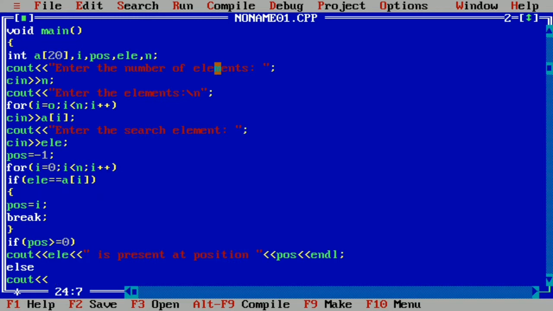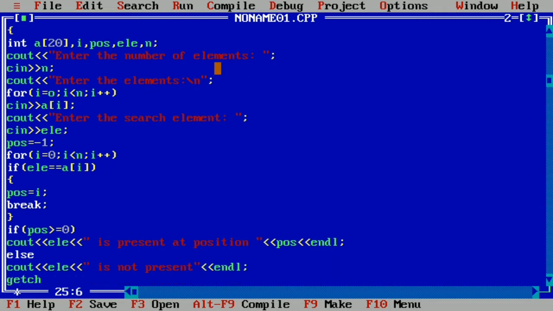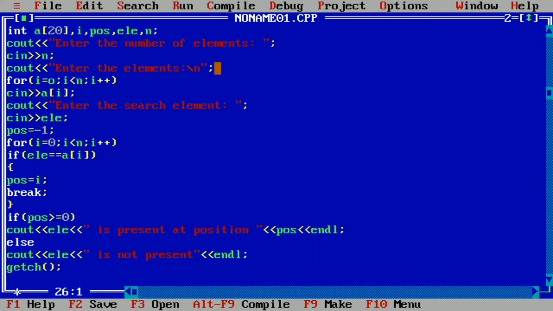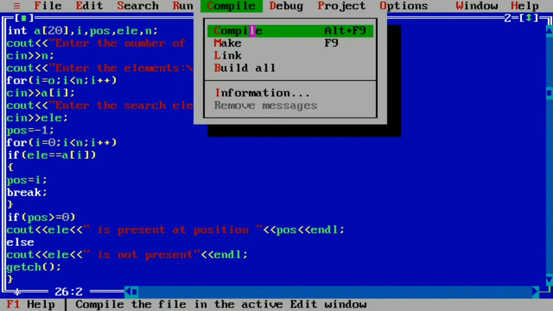Here we are going to write cout ele element is not present. Then we'll write getch, curly closing brace. Now let us compile this program.